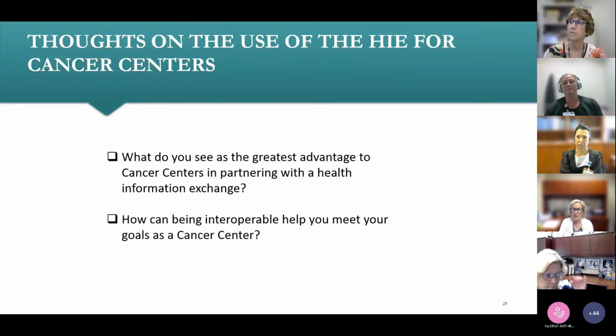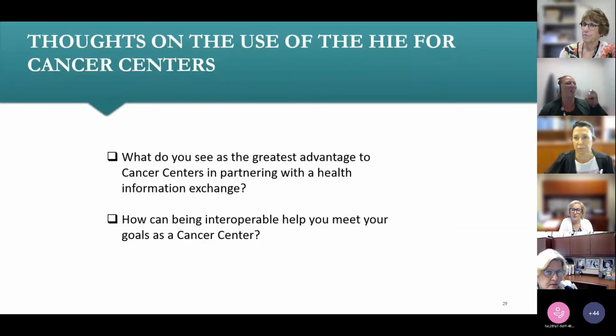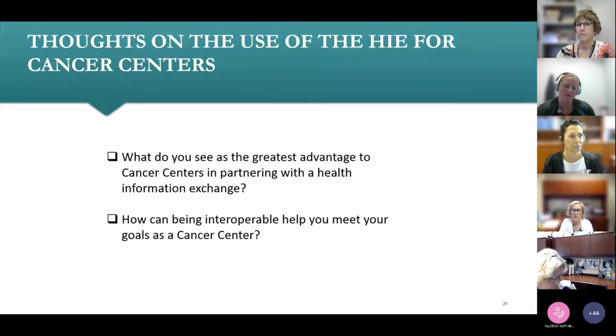So, next question is a little technical, and I can take this one. It says, if our users query the community health record from within Epic versus going to the CHR portal, can they see all the data there? And it does work a little bit differently with how we respond to queries. With Epic, if you query the Epic network, we are a node. We appear as a node on the Epic network,